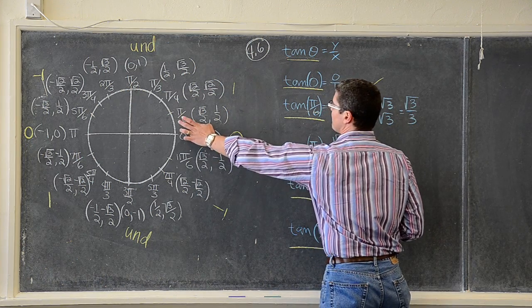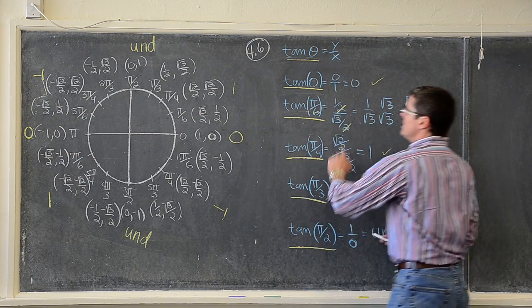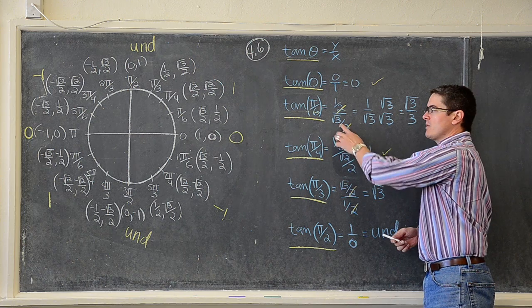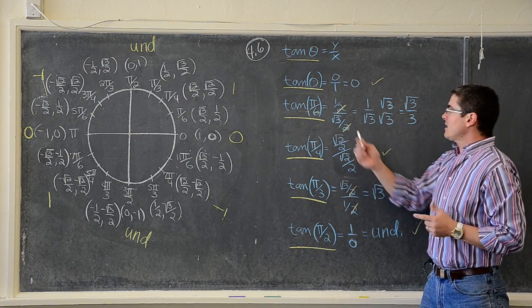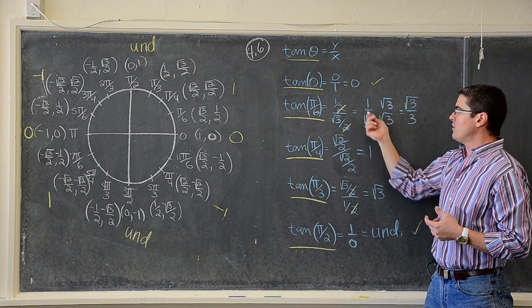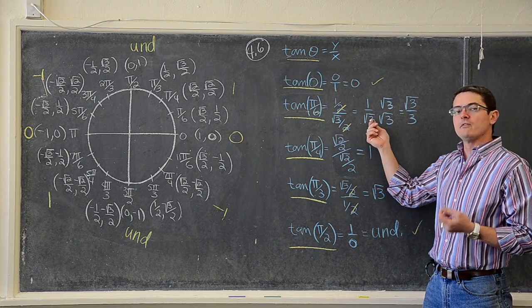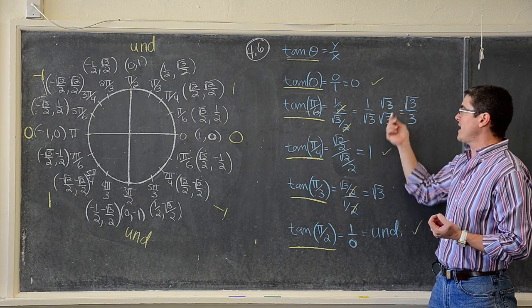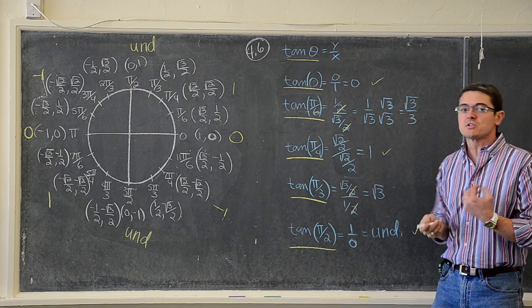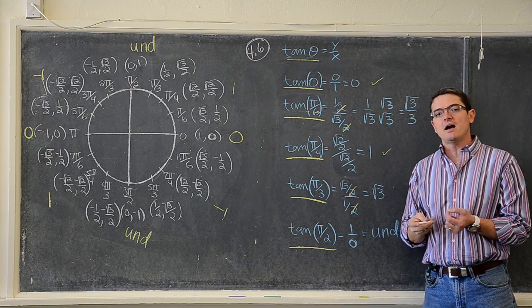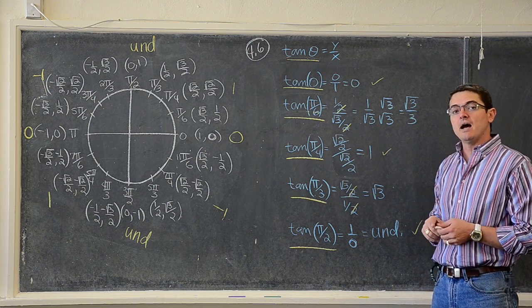So the tangent of pi over 6 is y over x, so it's going to be 1/2 divided by the square root of 3 over 2. The common denominators cancel out, getting you a value of 1 over the square root of 3. We never leave square roots in the denominator, so we rationalize, and the tangent of pi over 6 is square root of 3 over 3. We certainly do not want to try and sketch that value when we're not using a calculator.